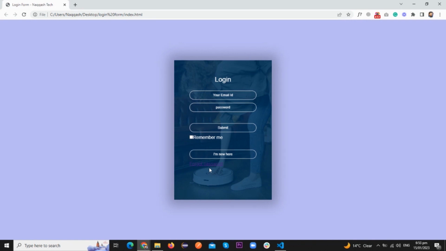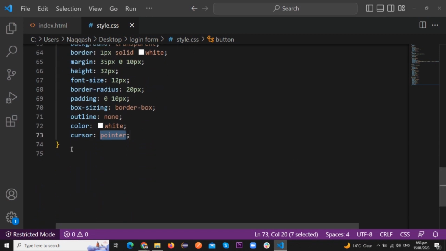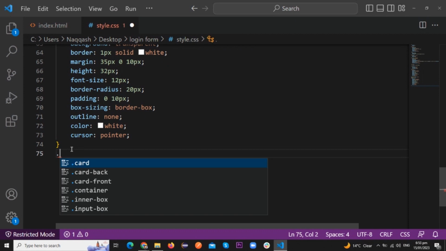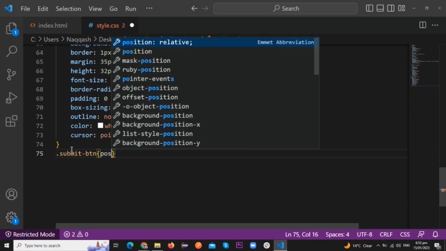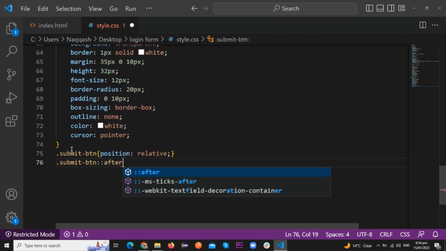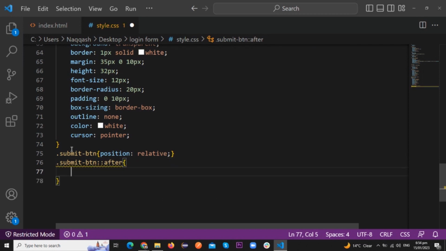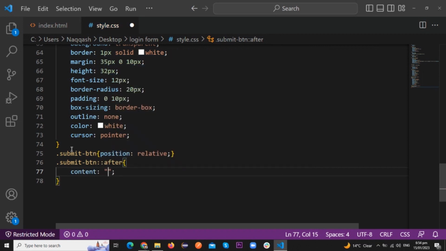Now back to CSS. Here we set the link. First we set the class submit btn, position relative. After this class submit btn after. Here we use content. Here we type one code. You can check on Google, 27A4. After this color,